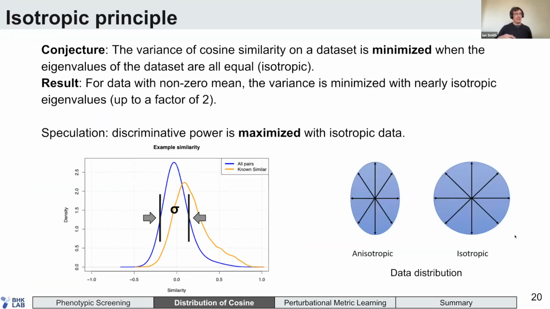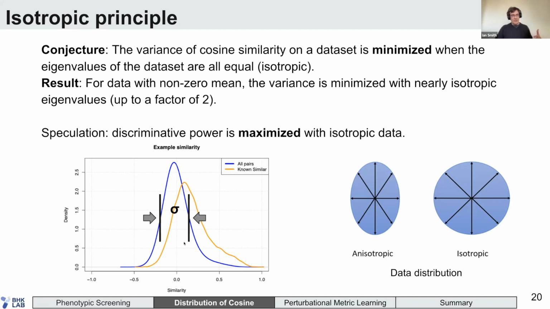I describe this result as an isotropic principle: we can minimize the variance of cosine similarity when all the eigenvalues are equal. With non-zero mean, it turns out to be slightly more complicated, but still nearly isotropic. The eigenvalues differ by no more than a factor of 2 when you're minimizing the variance. Now, the reason this is interesting,